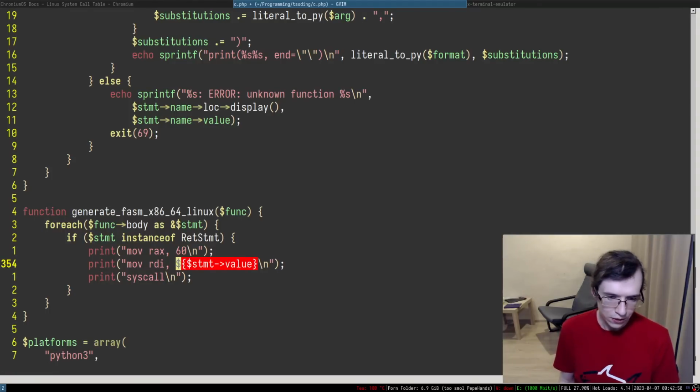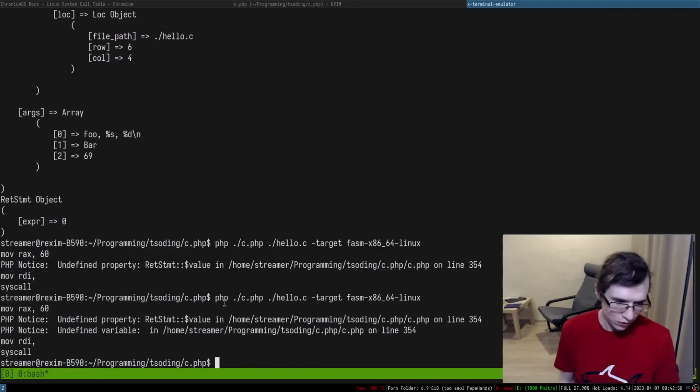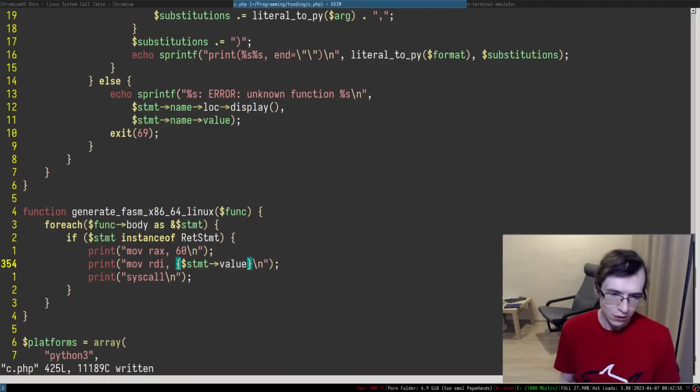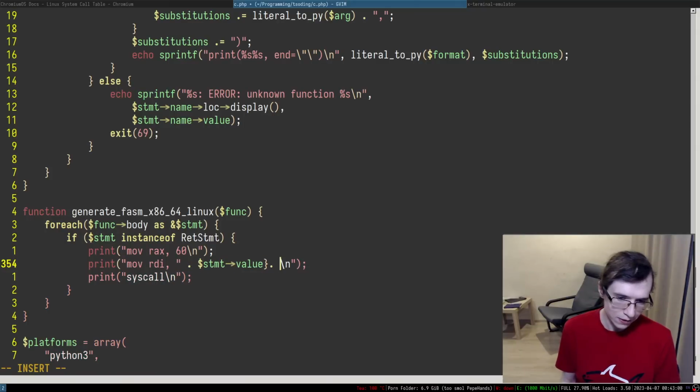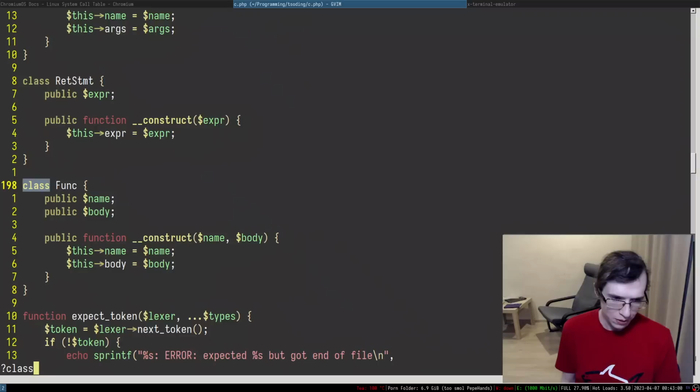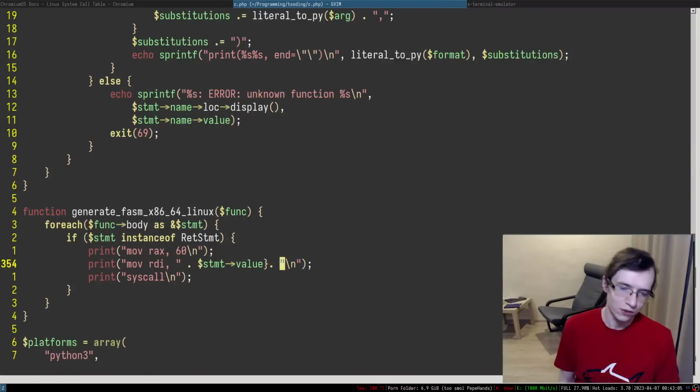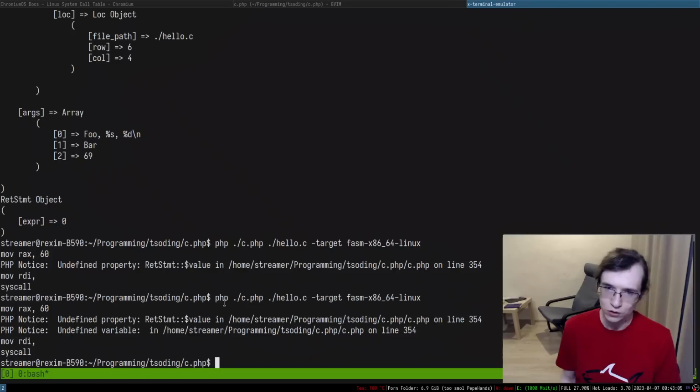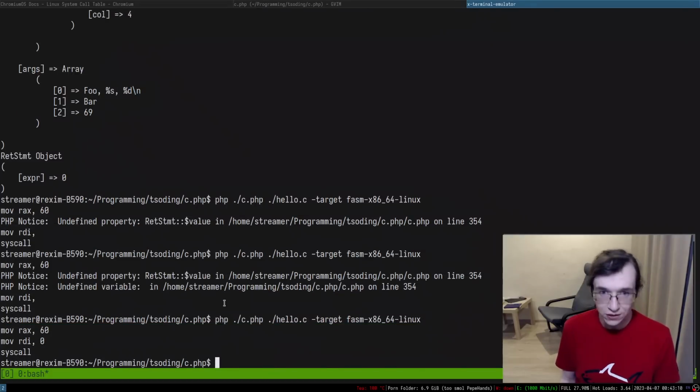Do I even do that correctly? Because if I do something like that, this is not how it works. But if I replace this thing with just something like that, let me double check the return statement. It's an expression. Oh my god, I'm an idiot. I'm sorry, it was an expression. There we go, so we have a 0.